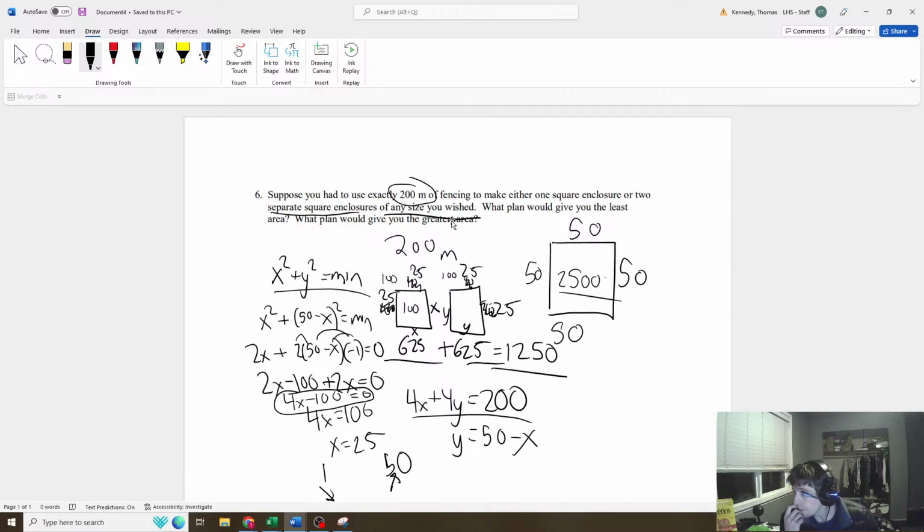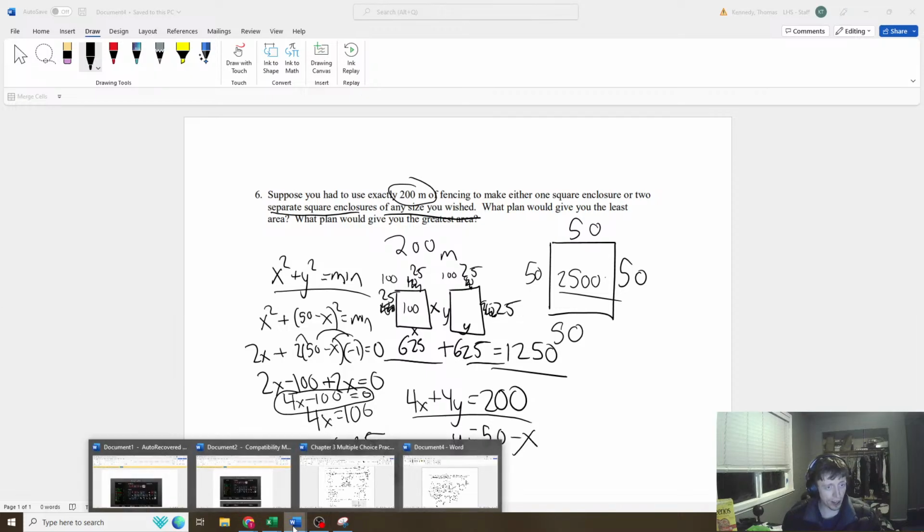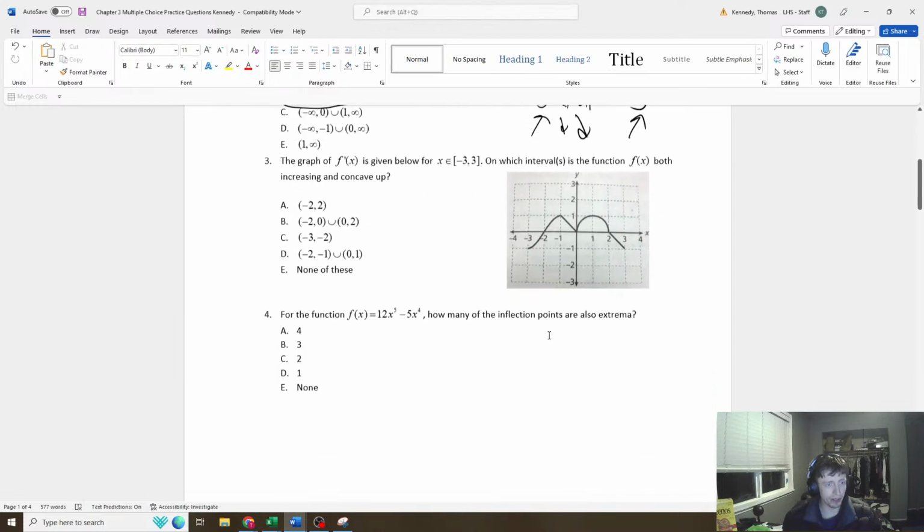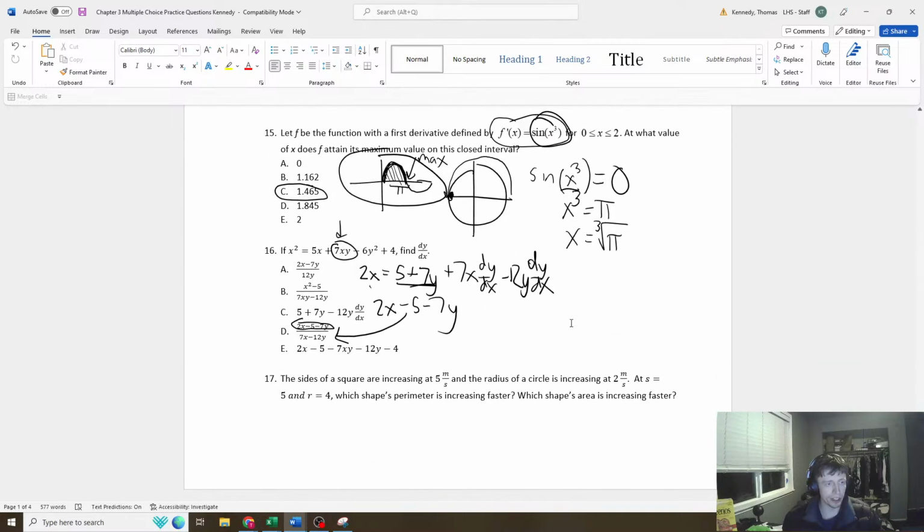Is there an answer key for the packet? Yep, there is. Did that sate people looking for an optimization question? If so, I'm going to pop back to the other one and do the last question, since I was asked